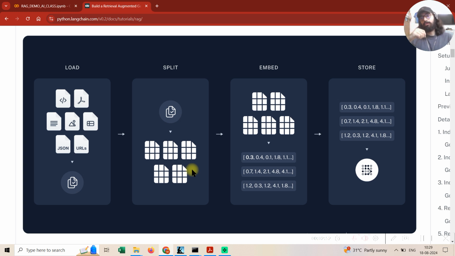We split documents into chunks because, see, one is the model's context length, right? Suppose you have a very big 200-300 page PDF, so you cannot just throw it entirely into the prompt, because that would increase the context length. These days context length is also increasing, so you can try out those things as well, but it's better to just split them into chunks. Then those chunks would get embedded. I have had a session on vector embeddings as well. And then once those embeddings are created, you store them into a vector database, and whenever the user queries,